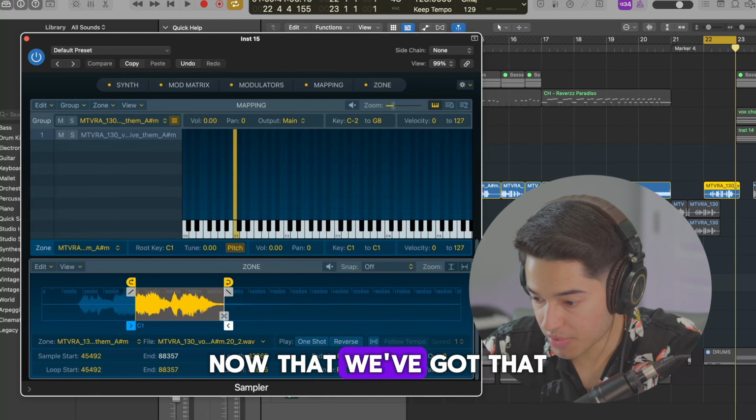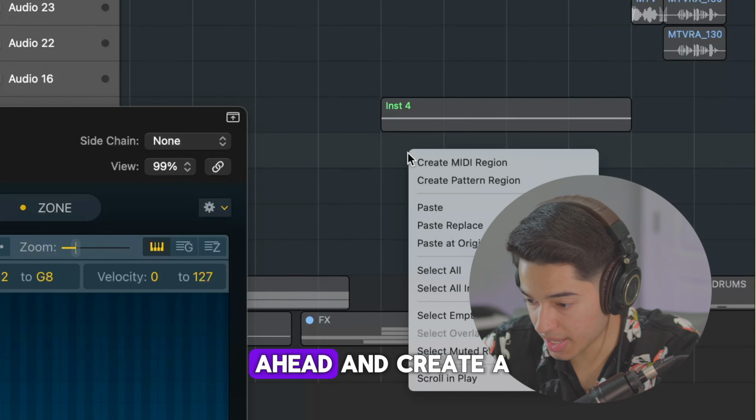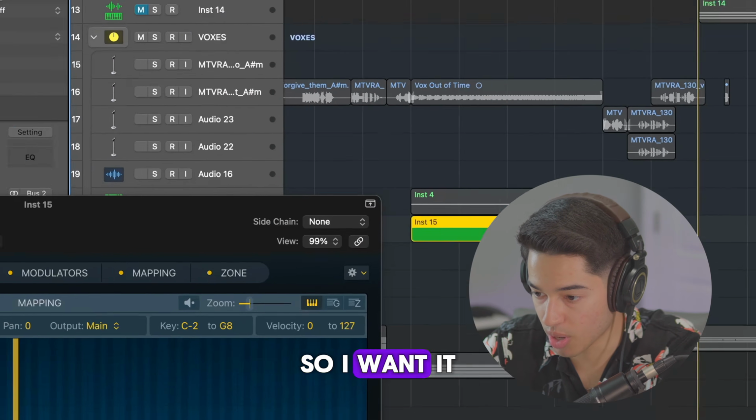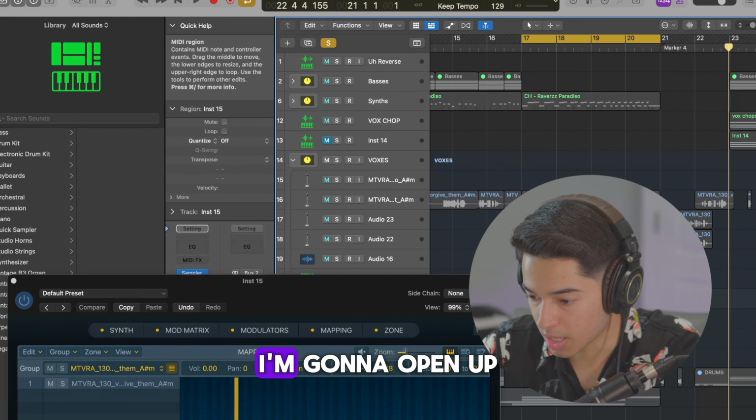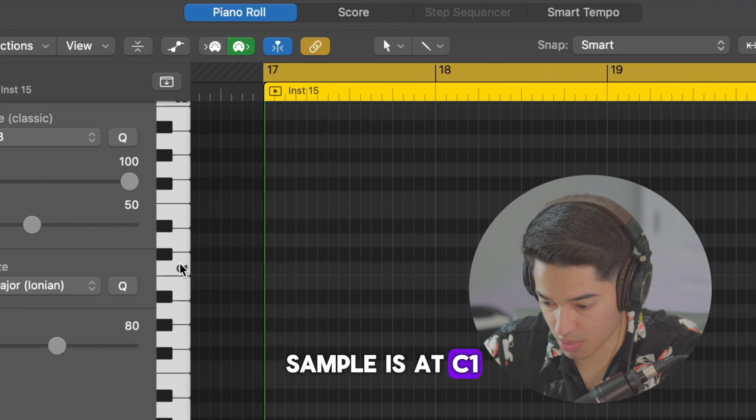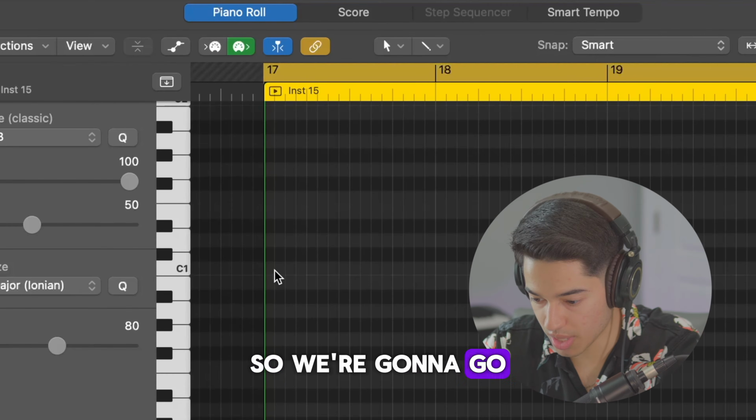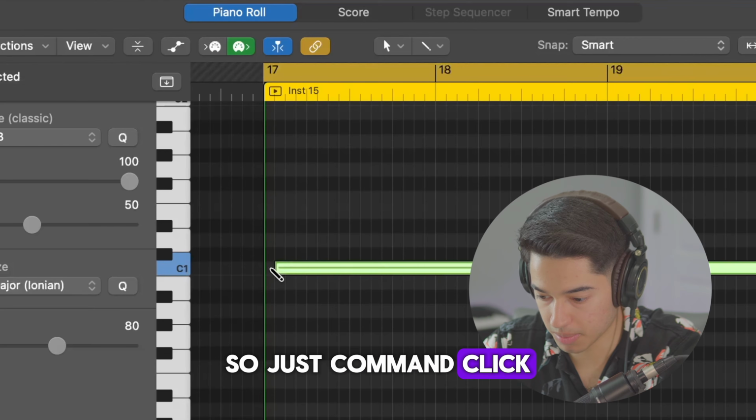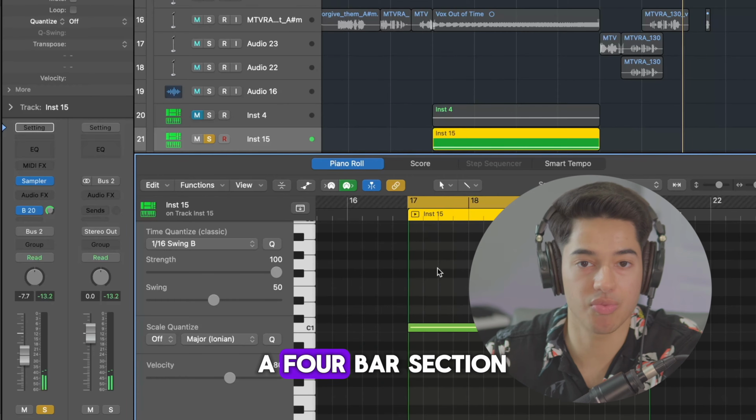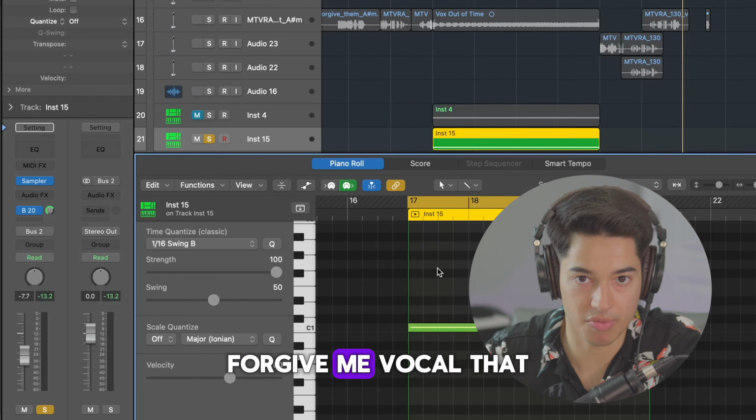it again. Now that we've got that, we're going to go ahead and create a MIDI region where we want this out of time section to be. So I want it to be 4 bars long. I'm gonna open up that MIDI region. From the sampler, we know that that sample is at C1. "Lord forgive him." So we're gonna go ahead and write in, so just command click. "Lord forgive him." So now we've got a 4-bar section of that Lord forgive me vocal that we have in